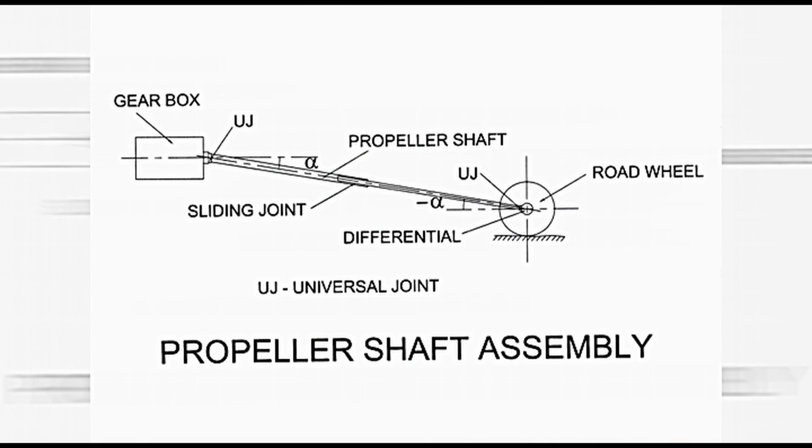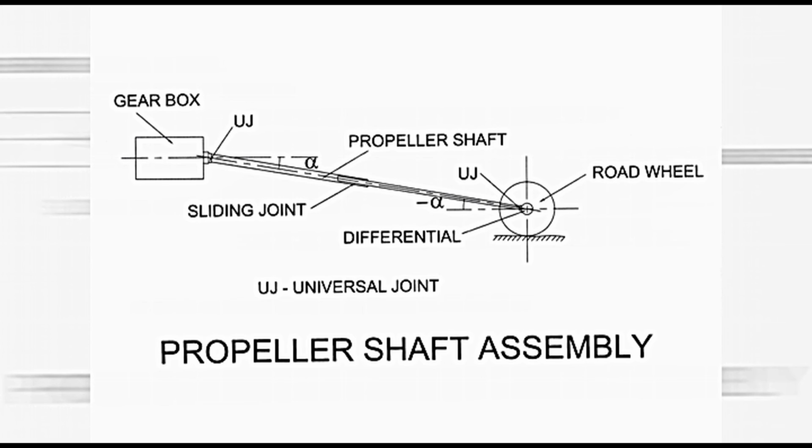Vibrations of limited magnitude are nullified as the motion is transferred from the propeller shaft to the pinion shaft in the differential. To understand it, let us refer to the next diagram. This diagram presents the propeller shaft connected to the gearbox shaft at one end and to the differential at the other end. It may be observed that operating angle alpha is kept equal by adjusting the position of the gearbox and differential.